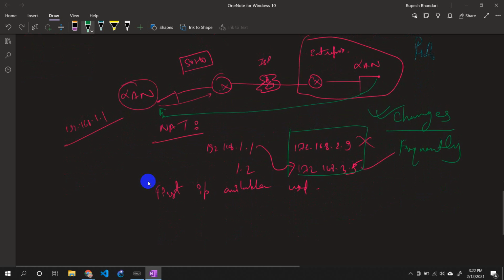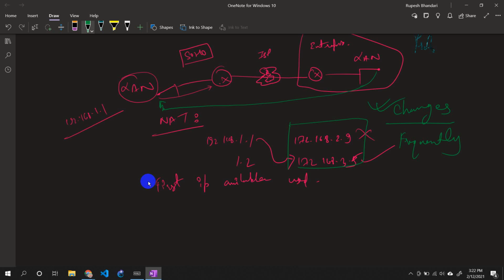The problem with this is, suppose you have an external system which wants to ping it, and your source IP will be changing every time. If an external system wants to access something over here, and there might be another enterprise that wants to connect to your system, you give that person your IP, saying this is my IP, you can ping it. You start pinging it, and then a day or two later, or within 1 day,